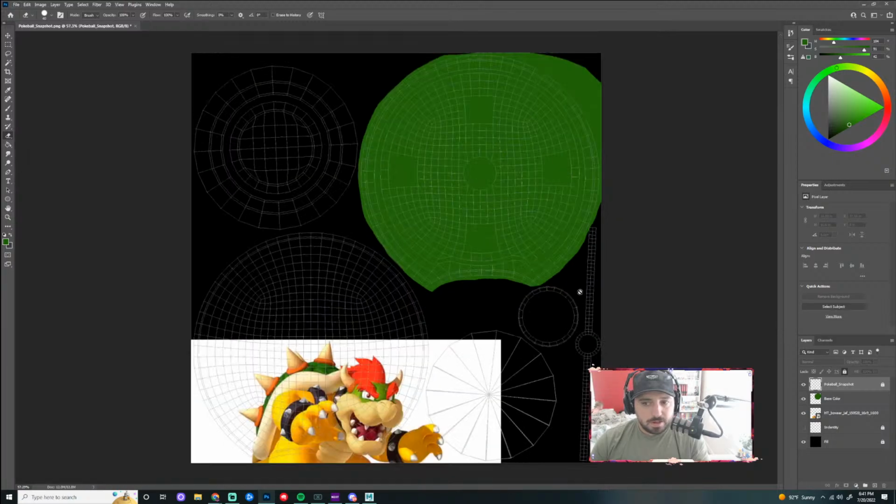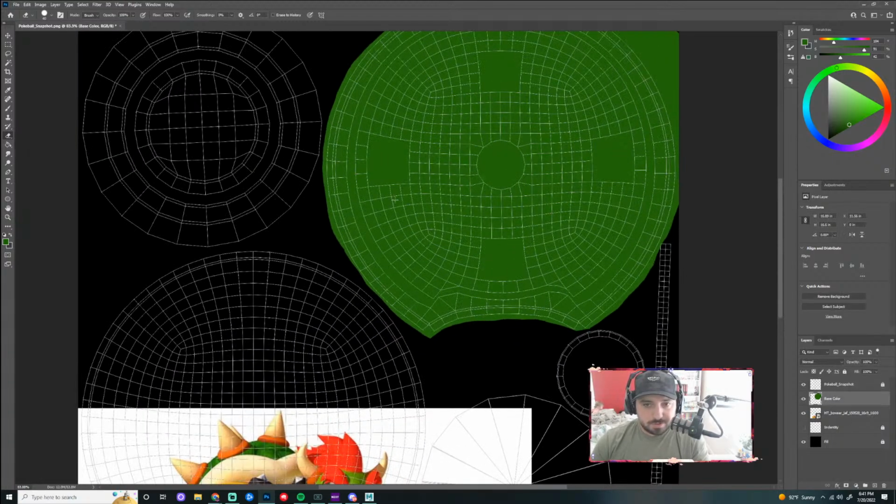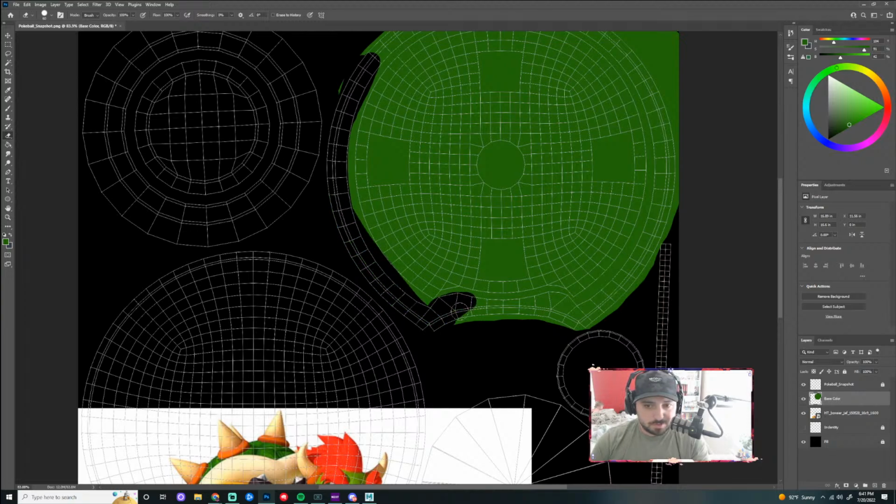Okay, cool. Now what I can do is do what I was trying to do before. I could erase in here, paint this part that eggshell white like its shell, which would be kind of fun.